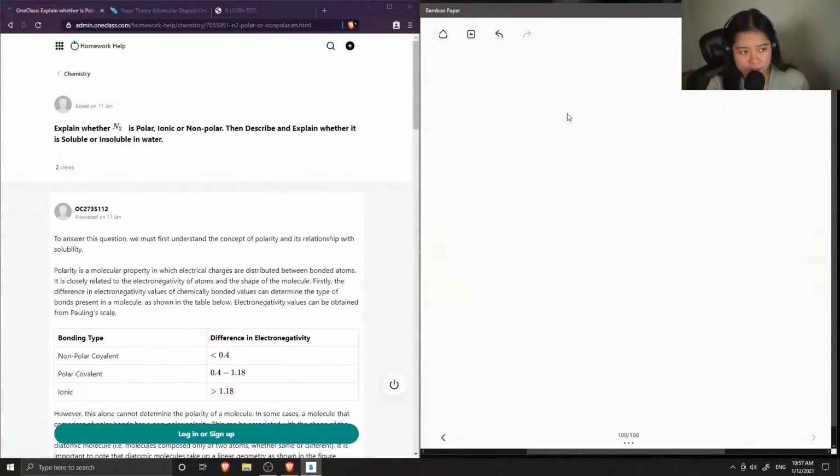Okay, so question number 9. Explain whether N2 is polar, ionic, or nonpolar. Then describe and explain whether it is soluble or insoluble in water. First, let's draw out the Lewis structure of